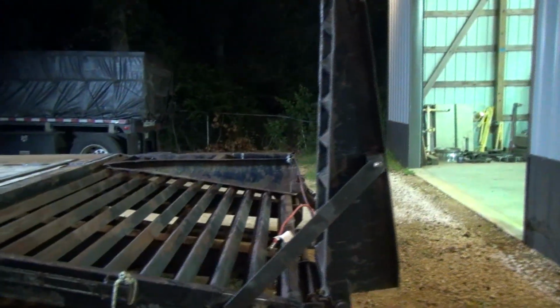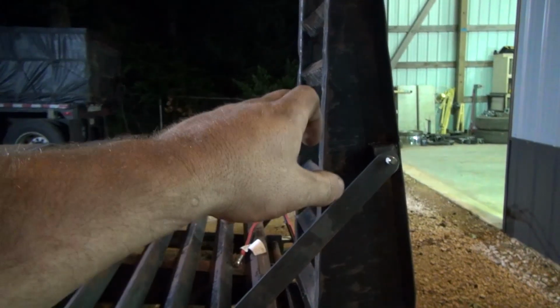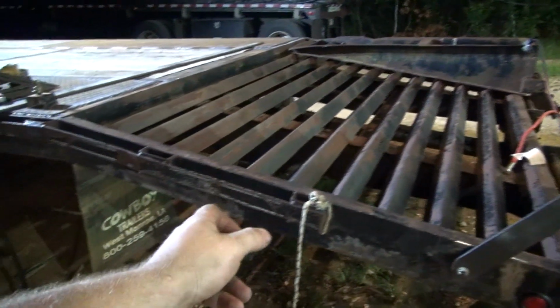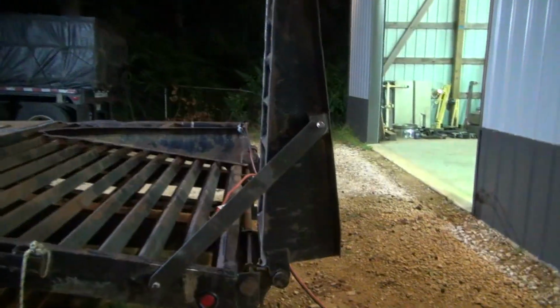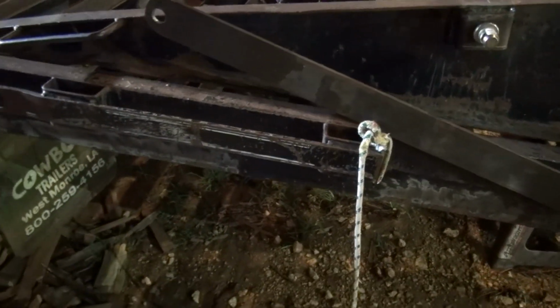Now what I got to see is when I take the bar off and lay the ramp down, I've got to figure out where to mount my other mount out here when I lay it down, and I may have to cut off another stake pocket in order to do that. So I'm gonna lay it down and see what we got here. All right, you can see we're gonna have to take off another stake pocket. I thought we would,